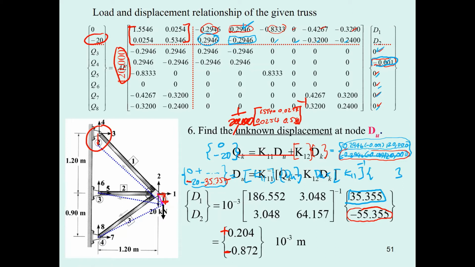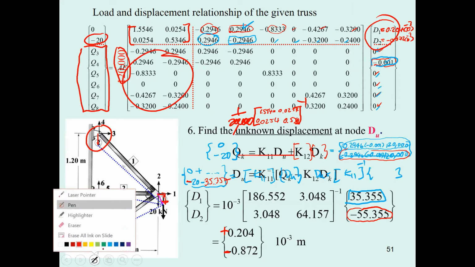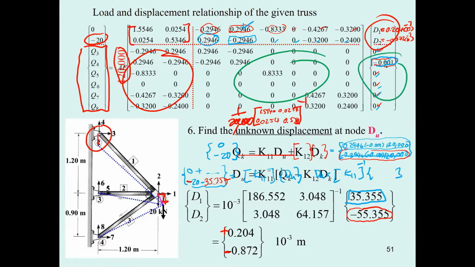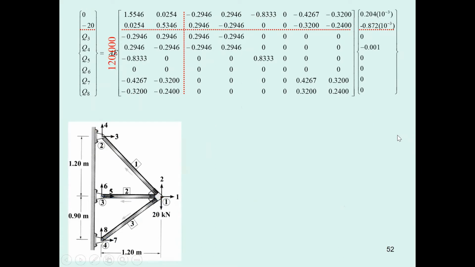And then you determine the unknown displacement. Now you have this one equal to 0.204 times 10 to the minus 3, or 0.204 millimeter, and this one is minus 0.872 millimeter. Okay, then you may compute for the reaction. The reaction is going to be this one times D1, D2, and then plus this one times this one. Again, on the second part, the green part, I should note to you that this one will times this one. Okay, and this one will times this one,